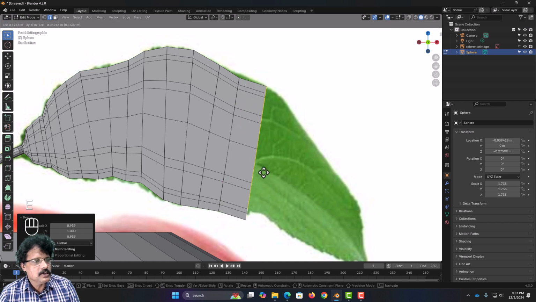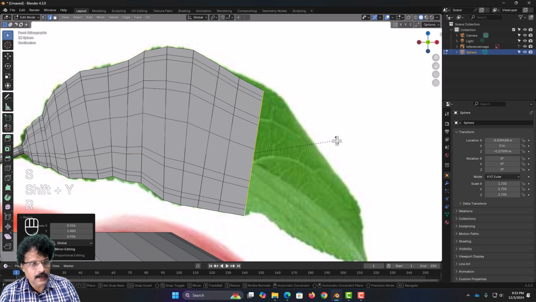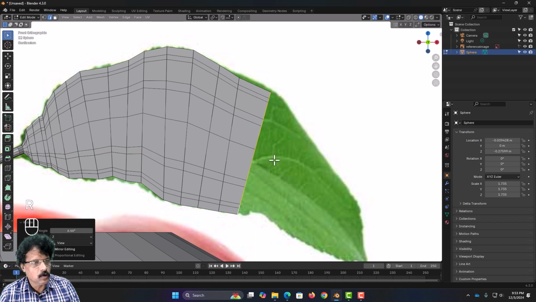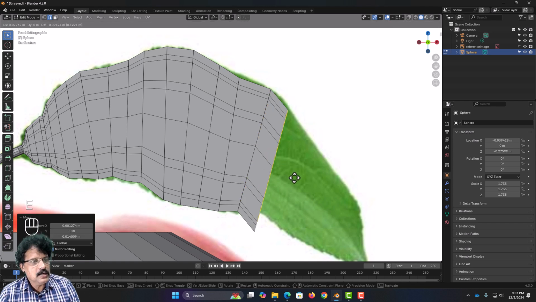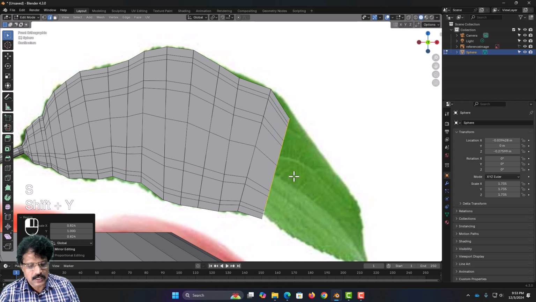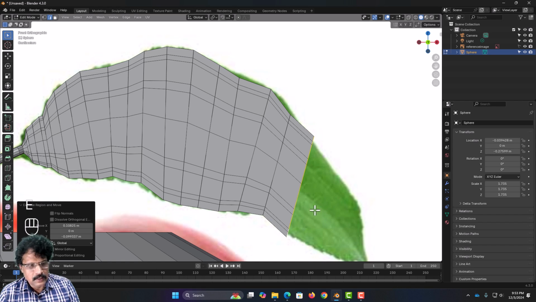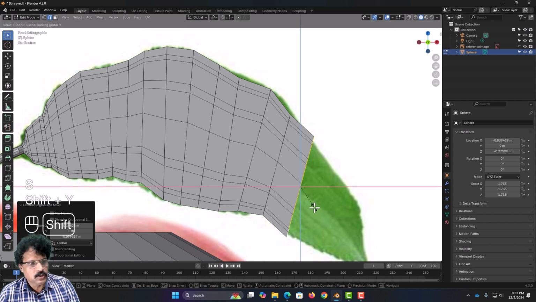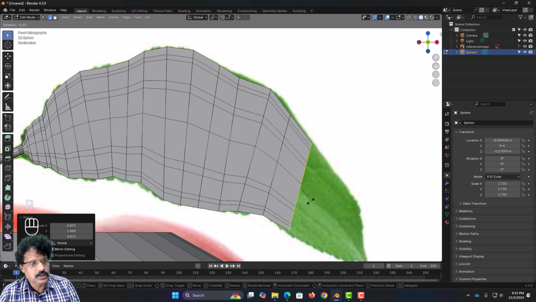So, again press E, move it here, press yes, shift Y, scale it down like this, if required rotate it a little more, press G and move it a little like this, then press E, move it like this, press yes, shift Y and scale it like this, move it and adjust it like this, then again press E, pull it like this, then yes, shift Y and I will just rotate it and adjust it like this,